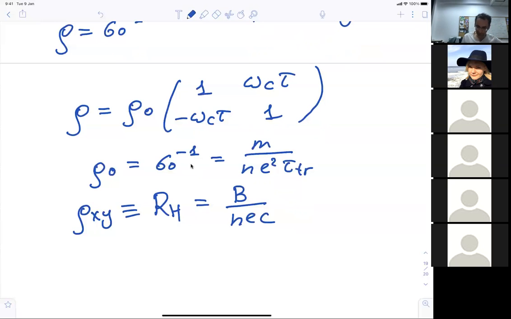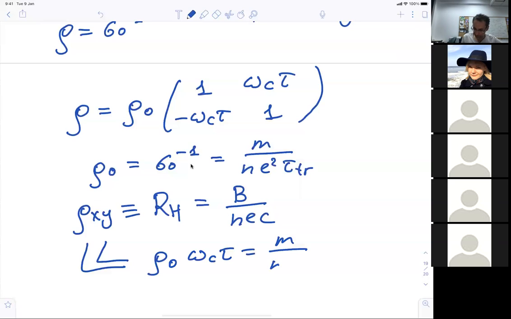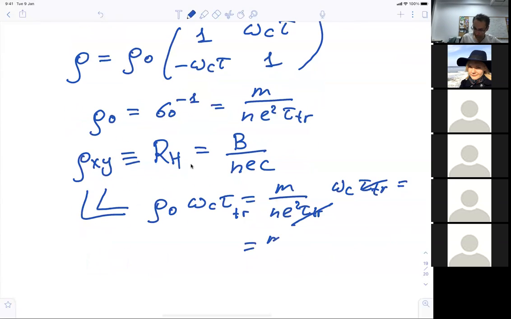Right, and we see it from here. It's rho 0 omega c tau, and it's equal to m over n e squared tau transport times omega c tau transport. The tau transport drops, and we get m over n e squared times omega c. But omega c, according to our definitions,